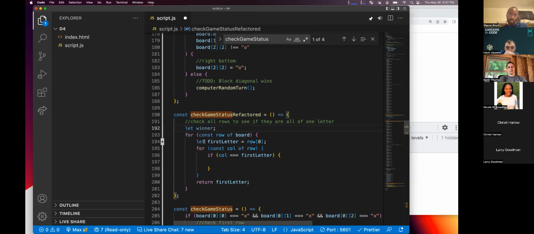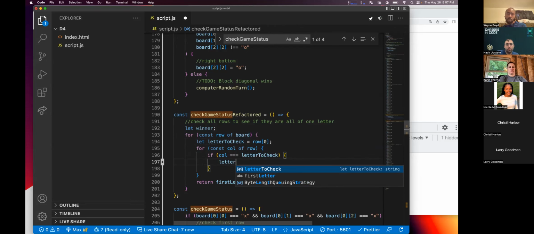And from that winner, we're going to say, hey, if the column equals the first letter, then set our new letter to check to the one that we're currently on.